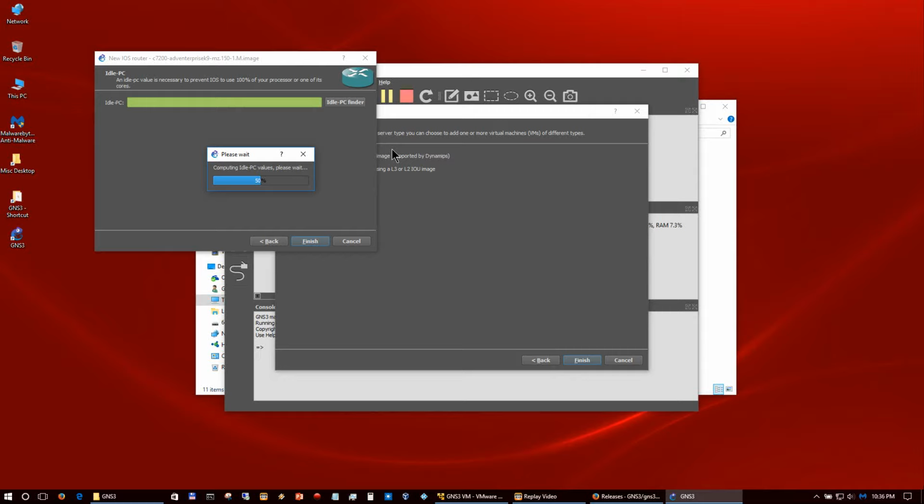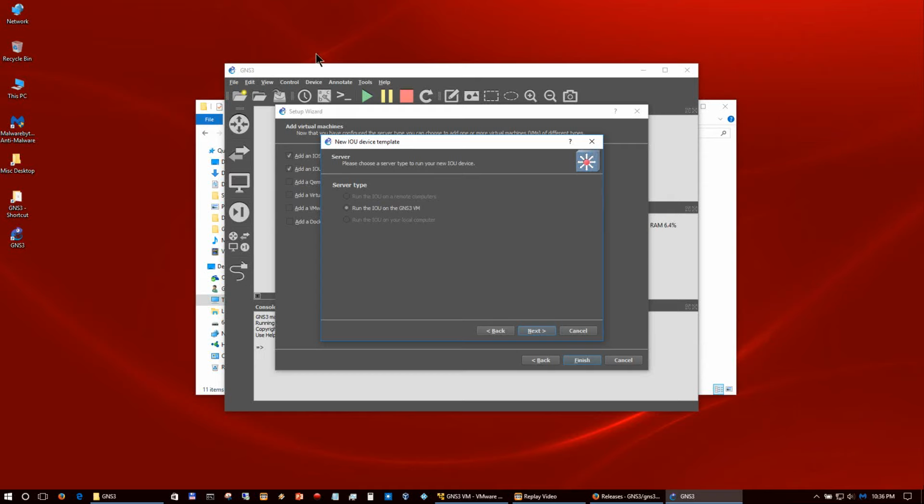Takes about 30 to 60 seconds depending on the speed of your computer, and then eventually it'll pop up with a value. There we go. So this is the value for my PC. Yours will be different. Every PC gets a different value. It's just a hex value that it chooses for the processor. So we'll go ahead and hit OK and hit finish. And now that